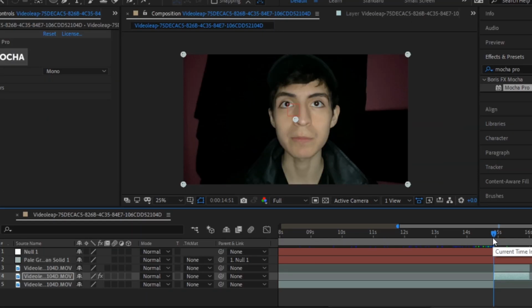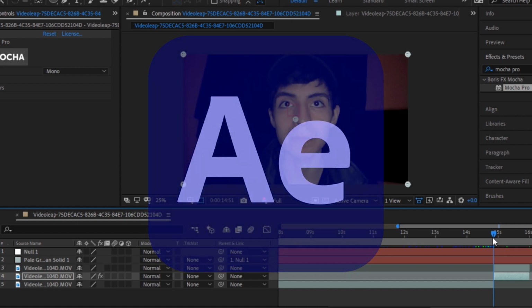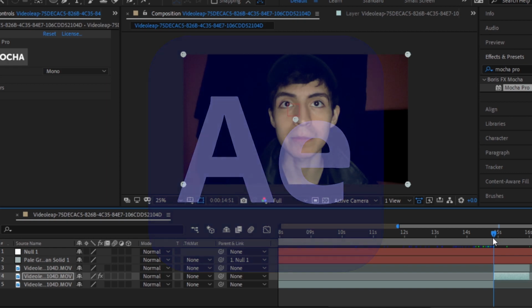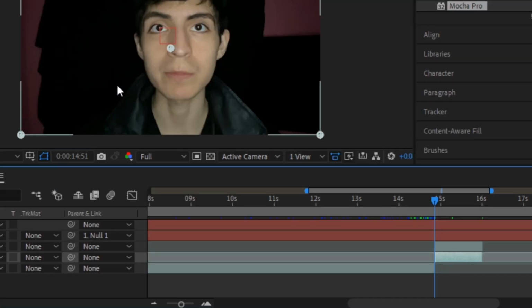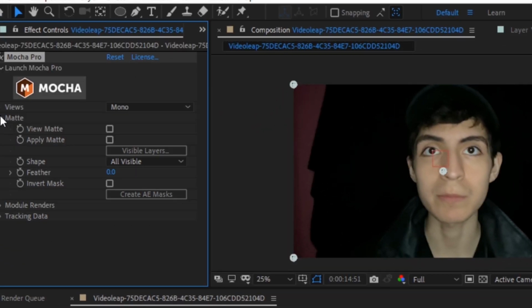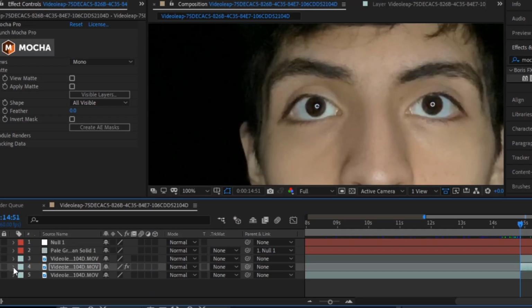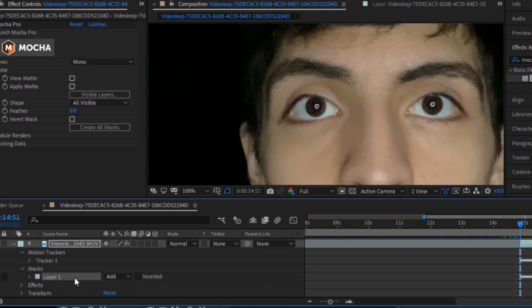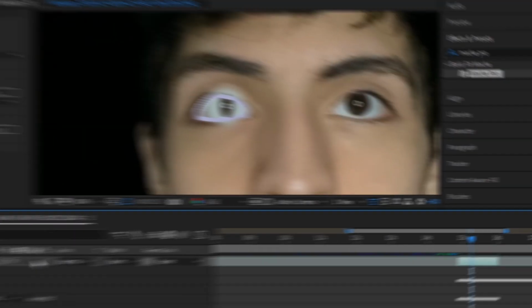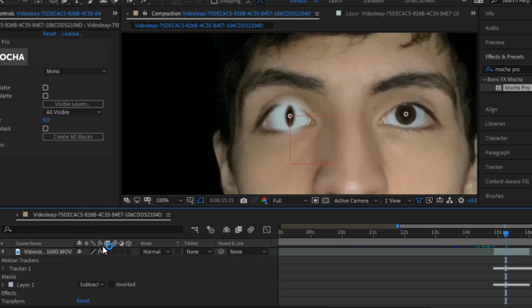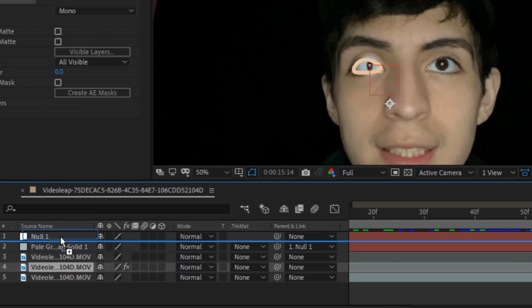Now the cool thing about Mocha Pro is that everything you did in Mocha Pro can be converted straight to After Effects. So that mask that you just tracked in Mocha Pro can be turned into an After Effects mask. You're going to click that clip where you have the Mocha Pro, click Mate, then click Create AE Mask. Then open up that clip, open up the mask, click the mask, and scroll to a point in time where the eye thing starts happening. Then press subtract,